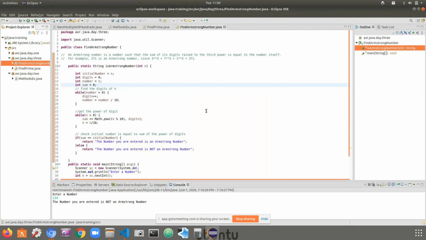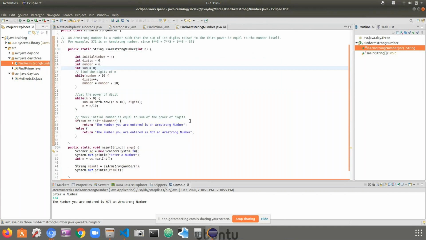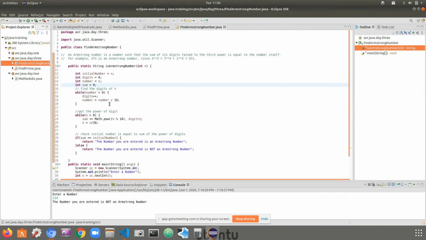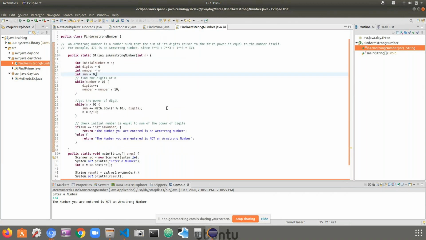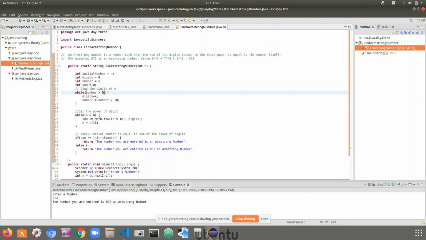Okay. Then I did it using two while loops. One is to find the digit count. Since the digit count is dynamic, there is no need to worry: if we enter any number, we can find it using this. Then with this loop I found the digit count, and I used this other loop for calculating the power.